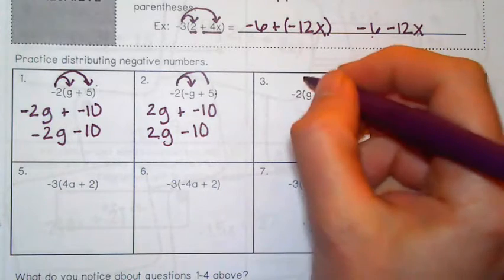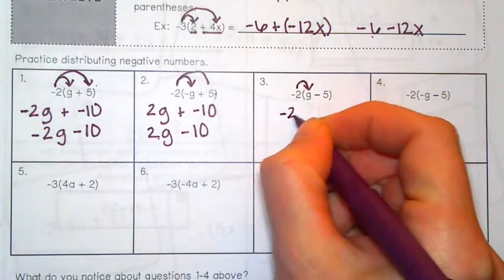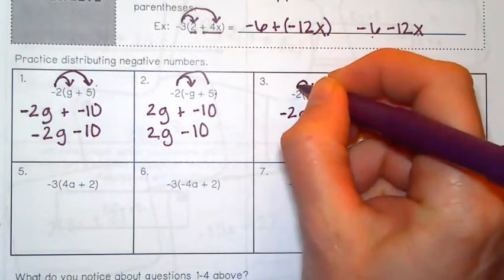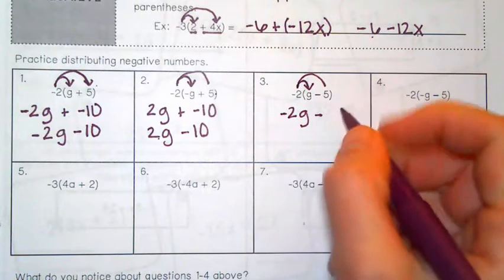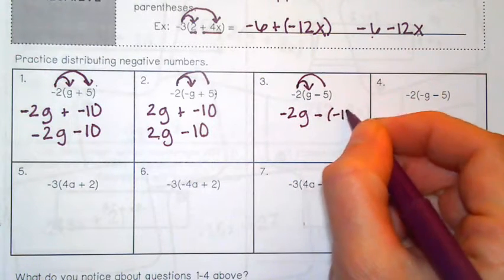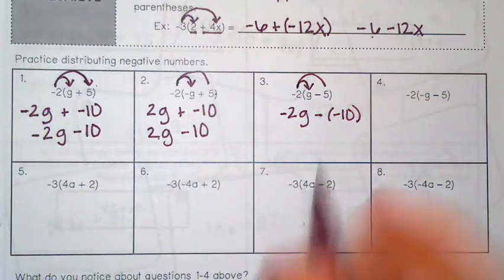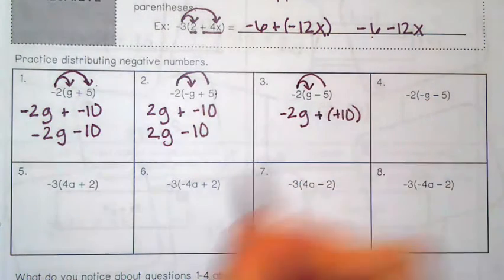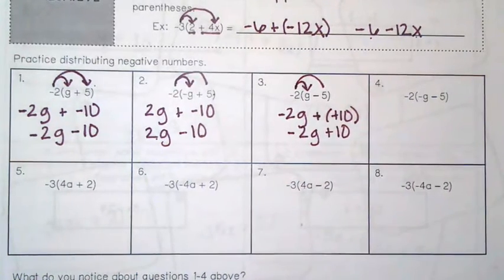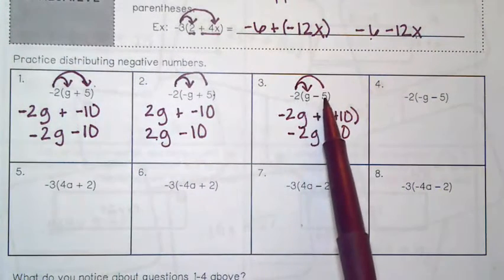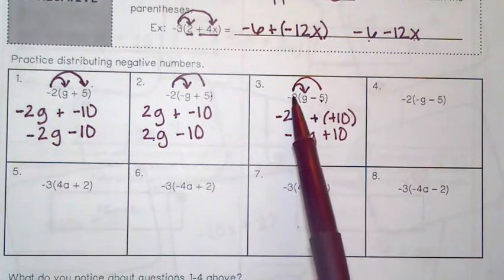All right. Negative 2 times g, that's negative 2g. Drop down the minus. Negative 2 times 5, negative 10. Subtracting a negative is like adding, plus plus. Negative 2g plus 10. I had positive, negative. Now I have negative, positive. It's the opposite. I also could have just treated this because